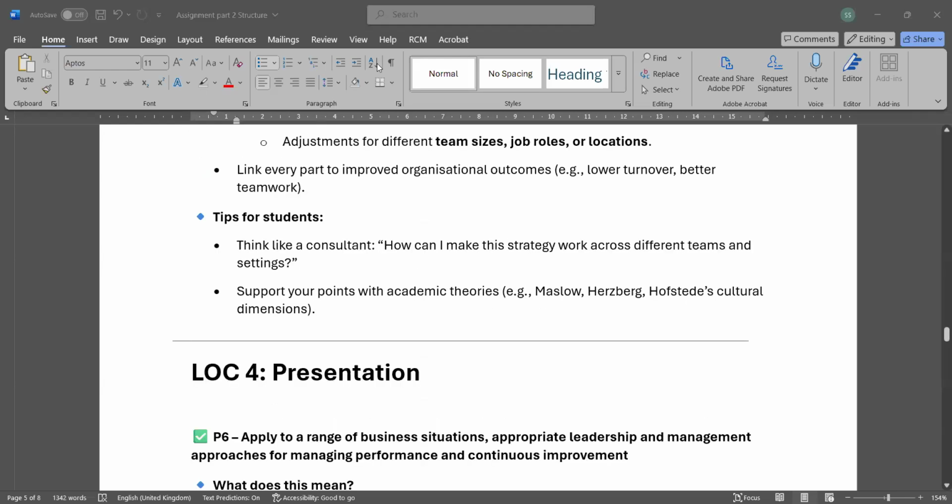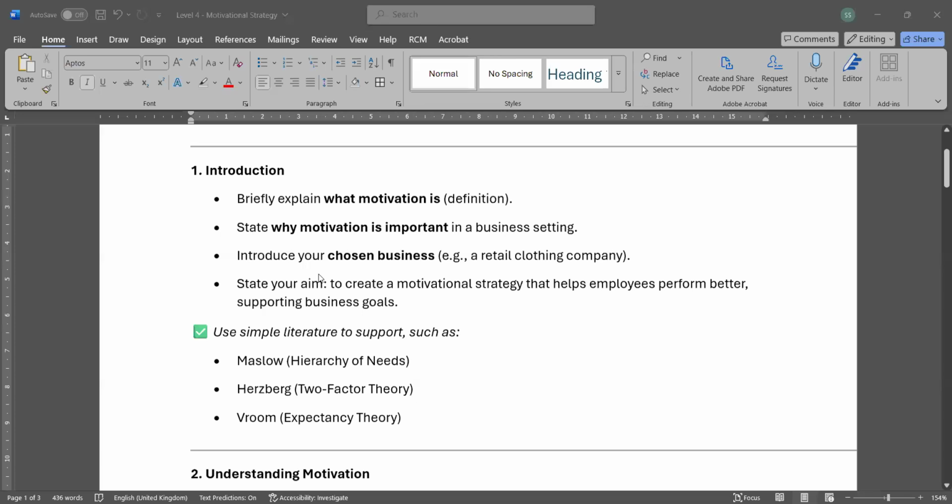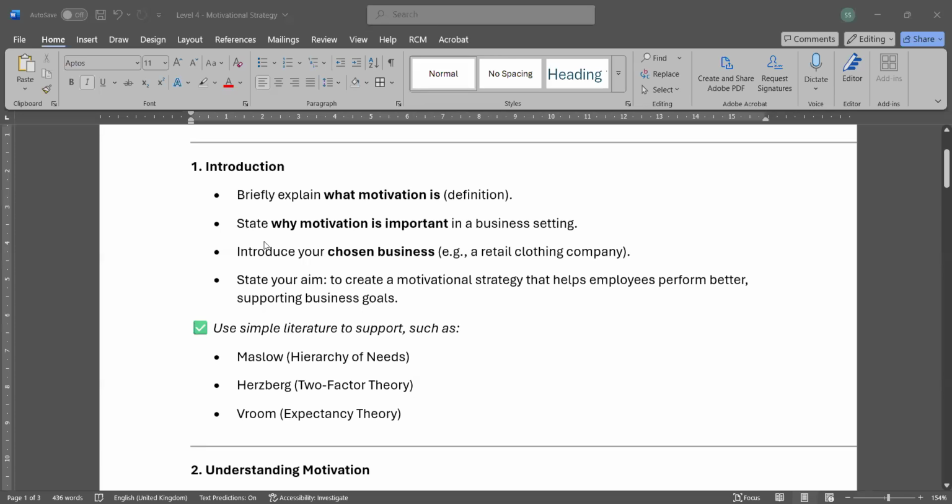There is another document I will share with you. So I said level 4 strategy. You can use this document. It can give you even further and deeper understanding, or maybe it can help you to design your own assignment structure.